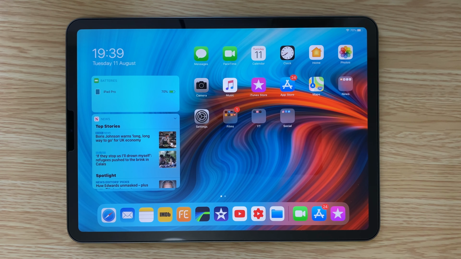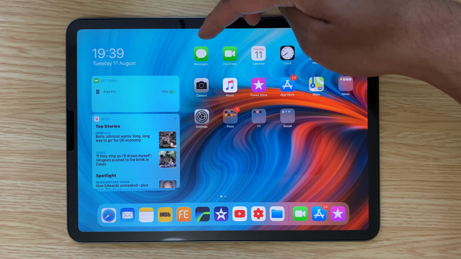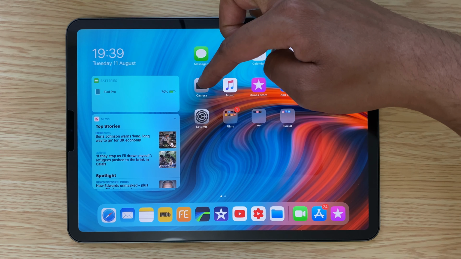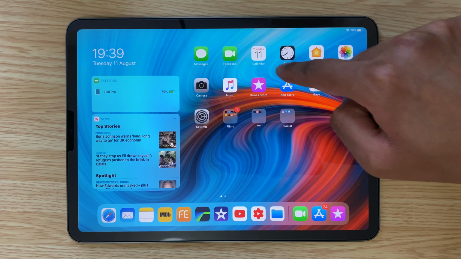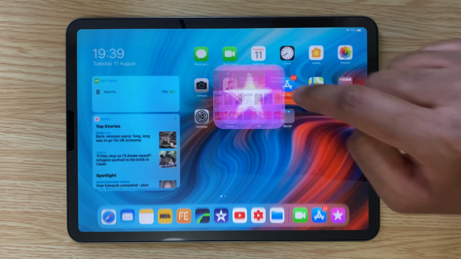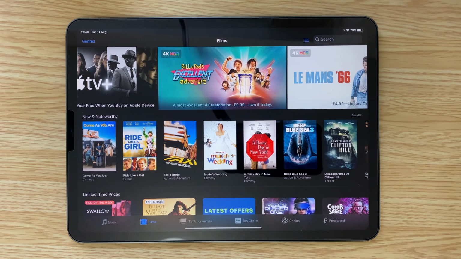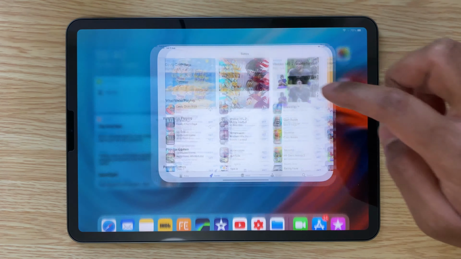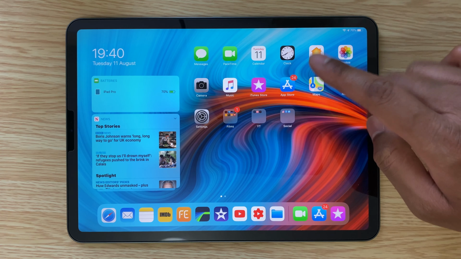Next, let's move to the main section of the screen. First, I kind of left all the default apps in their locations without moving them. So messages, FaceTime, calendars, clock, maps, etc. They're all there. The things which I kept together are the iTunes and the App Store apps. iTunes I use to buy movies and songs, and App Store obviously for all the apps. And they are in this location because I'm used to that being there, so I didn't move it.